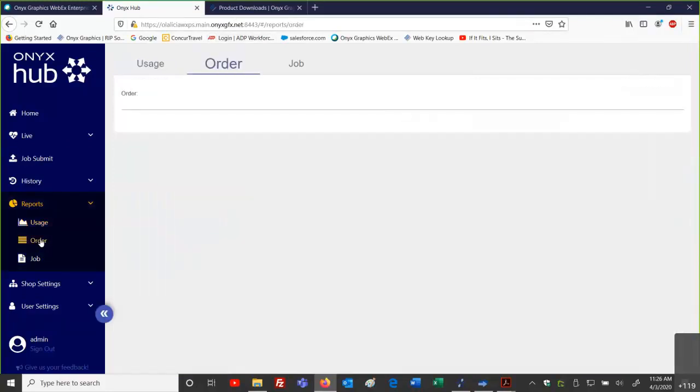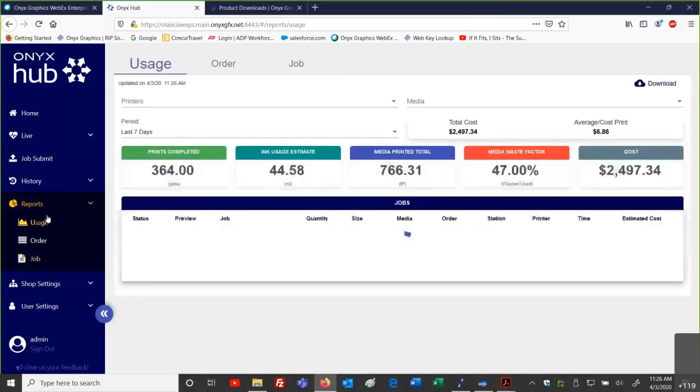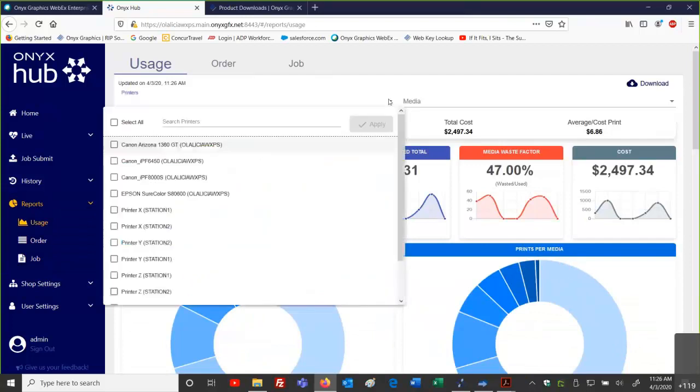If I go to order, this would be if I had any specific information for my ordering information, and this may not have been populated in the data, but this could be that metadata information that I want to see as part of my information as well. Job information. When I'm looking at my job data, again, this can be specific. Now, I might not have that as I'm referencing that one particular model, so I can just say maybe select all, apply that. Let's see, let me do a few different ones.